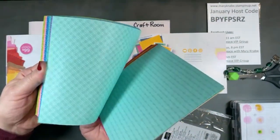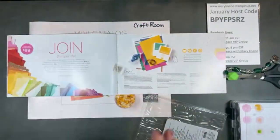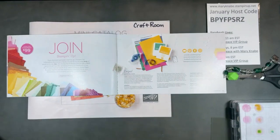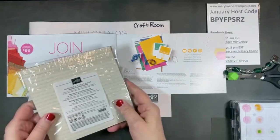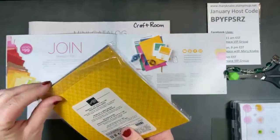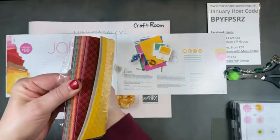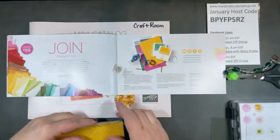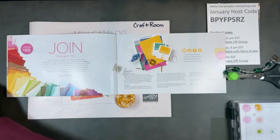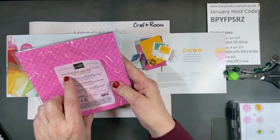Okay, lots of wonderful different patterns in all the colors of the color family. So that's the brights. We have the neutrals. You're going to get the regals. Okay, that's all these packs. It's a different set of colors, but they're all wonderful. So bright, neutrals, regals, subtles, and then also you're going to get the